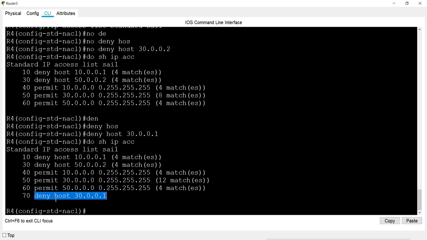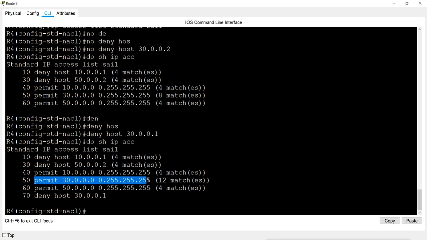Remember, whenever an entry matches, it will not check the other entries for the filtering. It will just apply whatever it says, permit or deny.